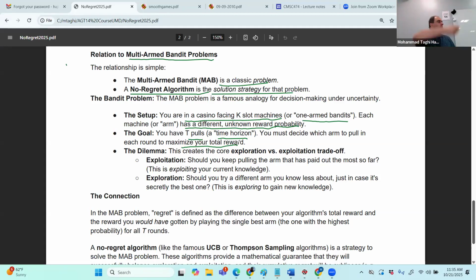So for any of these arms, essentially by pulling it, you get some reward. There are two types of bandits. In one, you only see the arm that you pulled and you see the reward for that. Others are more general: if you took the other actions, you also learn what the reward would have been. And these are algorithms that work for both cases, essentially.